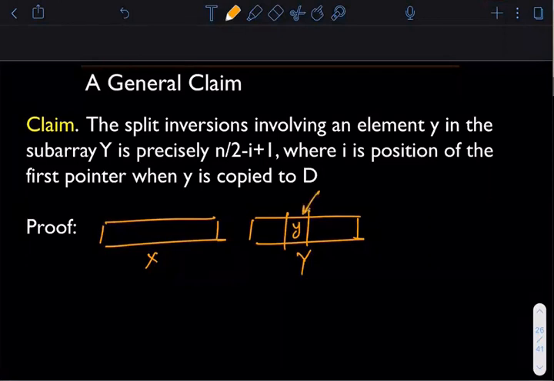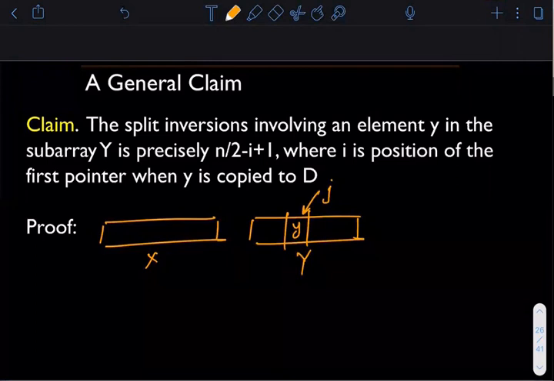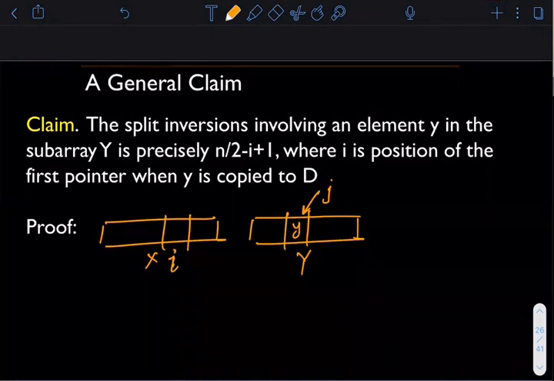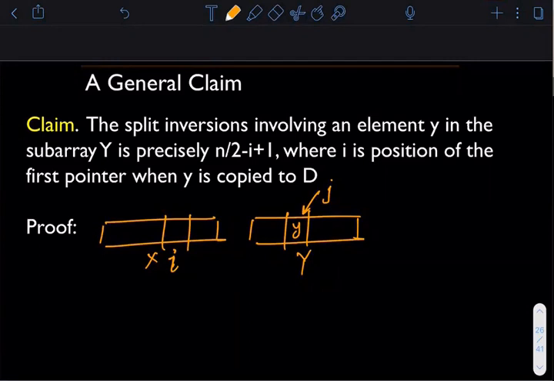So my J pointer is pointing at the element Y of the second subarray. And here I have some element, let's say I is the pointer here. Now, suppose that in one iteration of the merge procedure, Y is going to be dumped in the final subarray. Now, what I claim is that